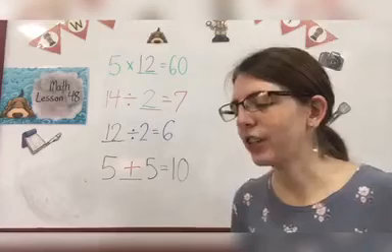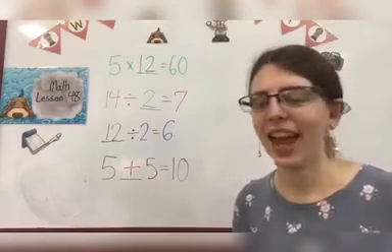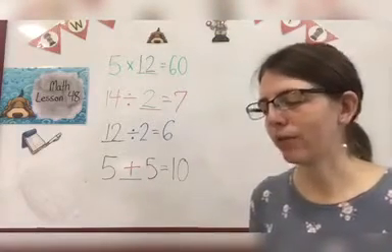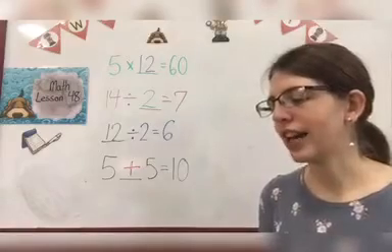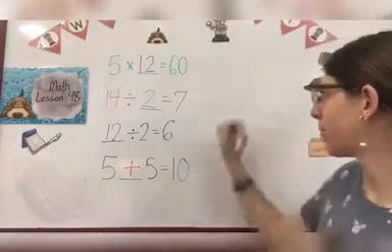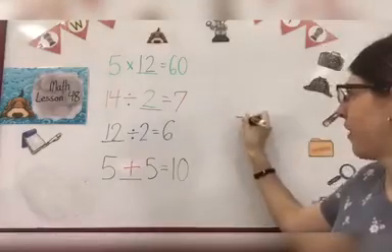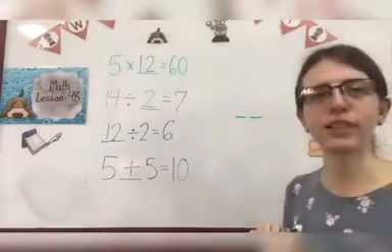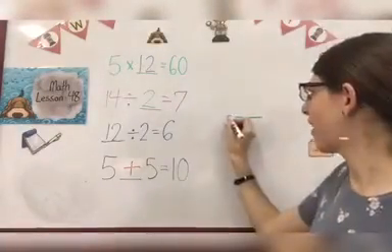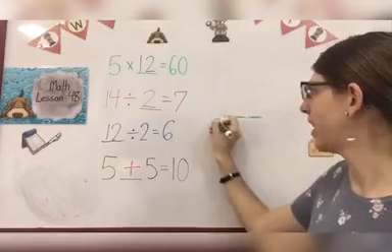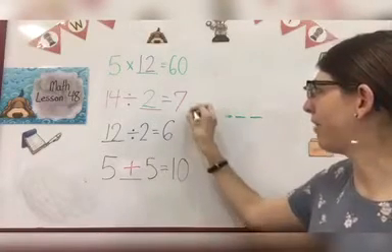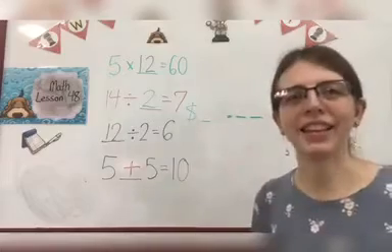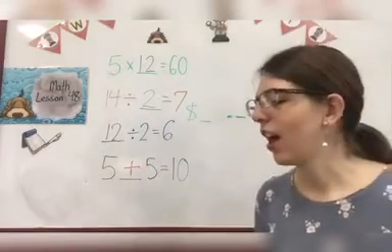Number 6, you need to count the coins and the dollar bills, write the amount. Don't forget your dollar sign and decimal point. Remember, you have your two spaces for your coins, then you have your decimal point, then however many dollars you have, and dollar sign at the end. Okay,